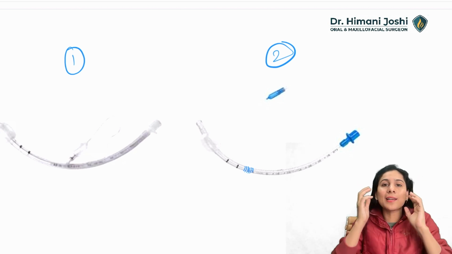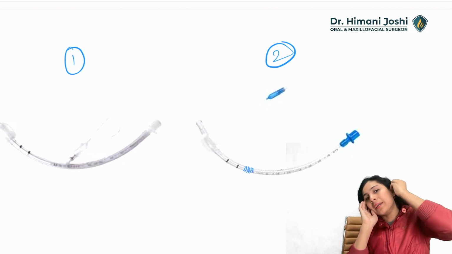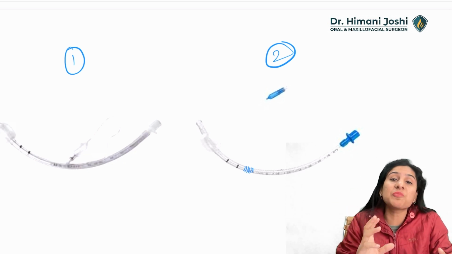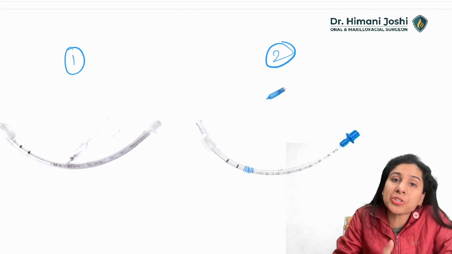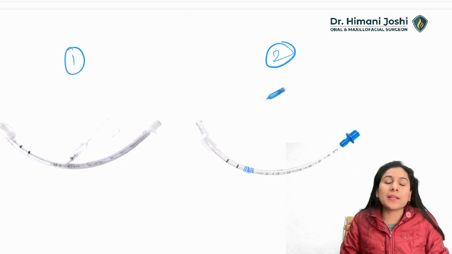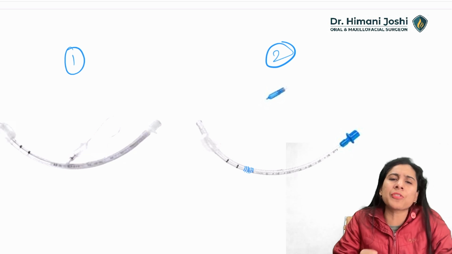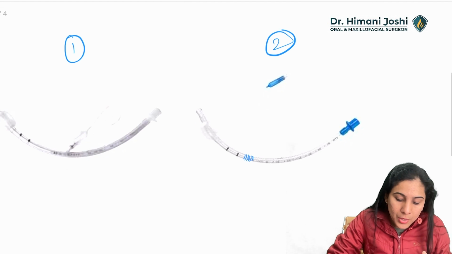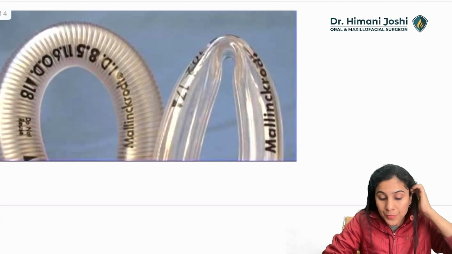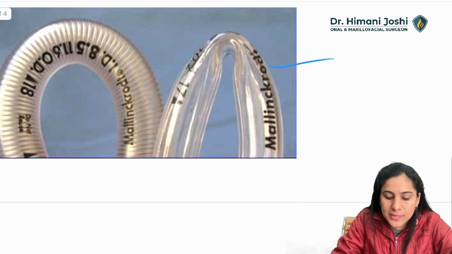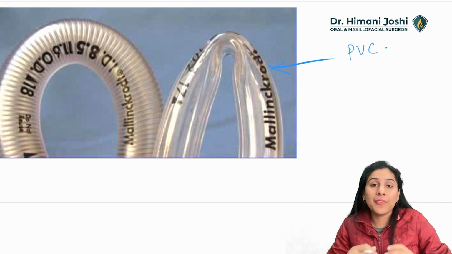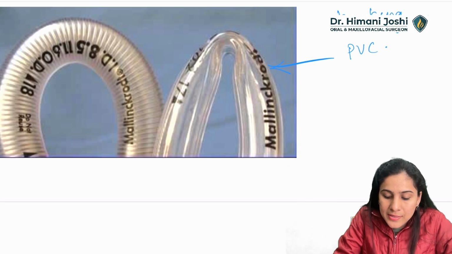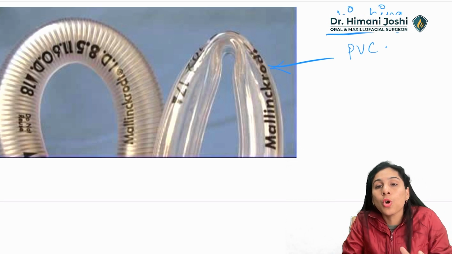Okay, if it's a bilateral ankylosis, first you will operate here, then you will operate here, then you will do an intraoral coronoidectomy. So a lot of things, a lot of head bending, a lot of movement of the airway happens, especially in maxillofacial surgeries. Because of that, it was common to have kinking of the normal PVC tube. So to correct that problem or to overcome that problem, what we have now is this. Okay, so this is the first tube that I was talking about. This is the normal PVC tube, and when there is a bend in the tube, it can kink. Kinking is a disadvantage of the normal PVC tube.